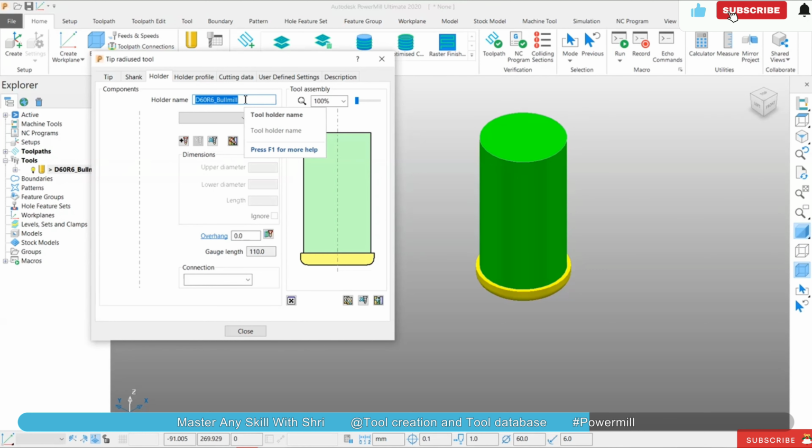Okay, this is the hangover, and keep it like 50, 60 or near about this, and it affects only when we are checking, when we verify the collision between the holder and the job. Okay, that time it will create some effect, otherwise it doesn't affect the toolpath. So it is here. Now you can export it directly. Click, it will add to library,